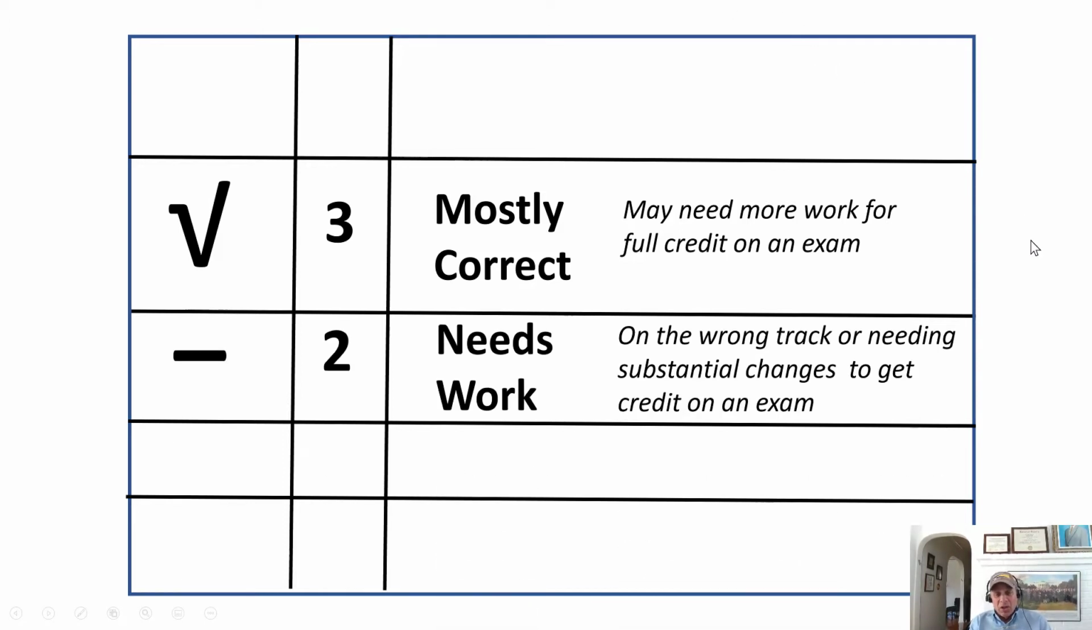In addition to which, you might have just gone on the wrong track. You didn't understand something. You didn't understand what I was asking, and the answer is really off base and you really need to change that substantially, that's going to get you a minus if you're handing it in class and a 2 on